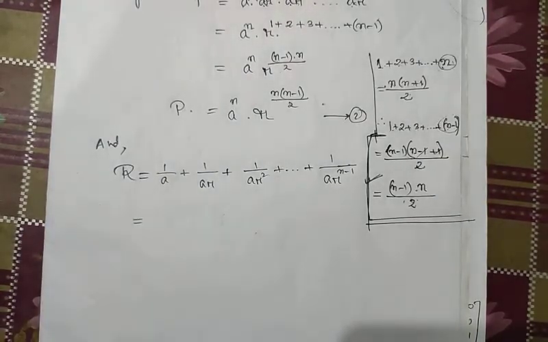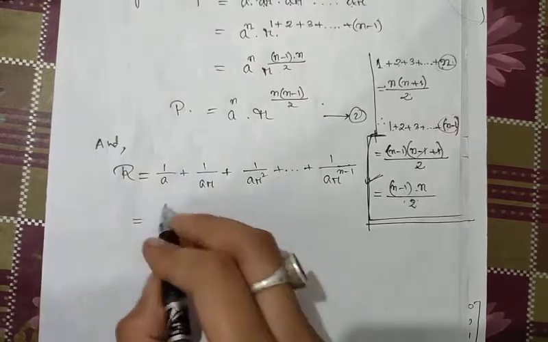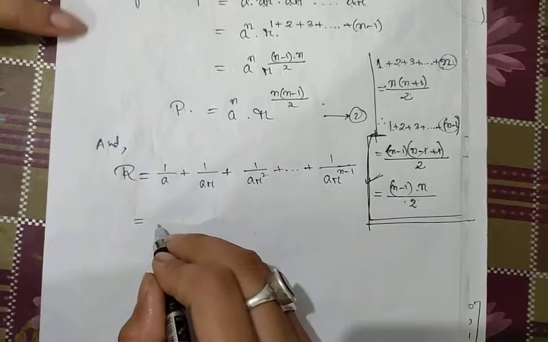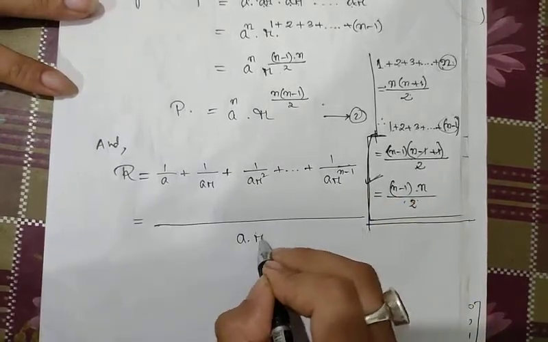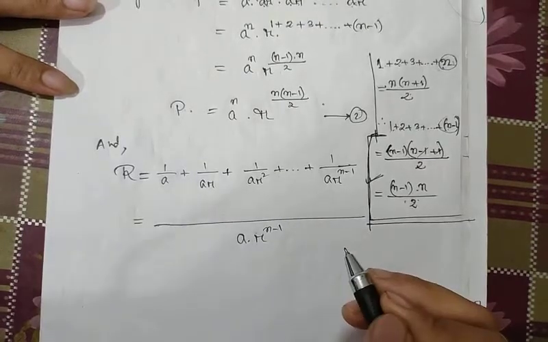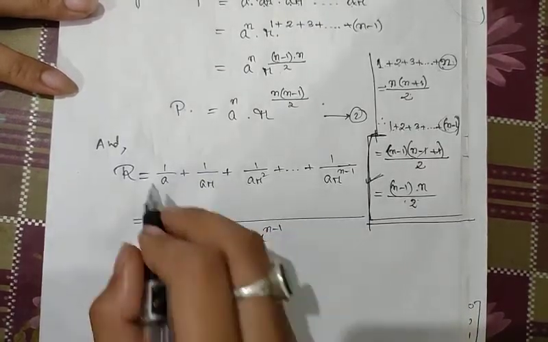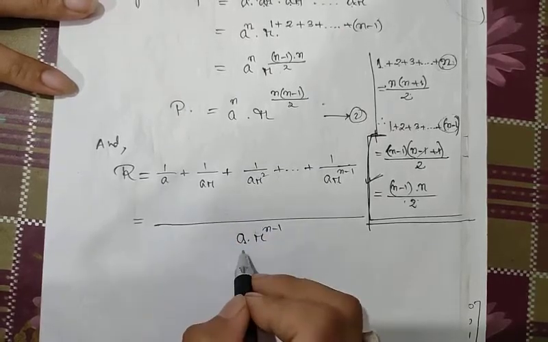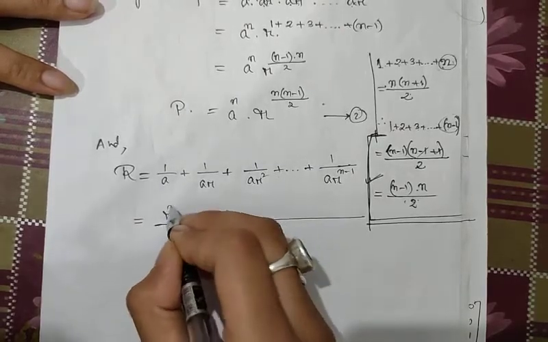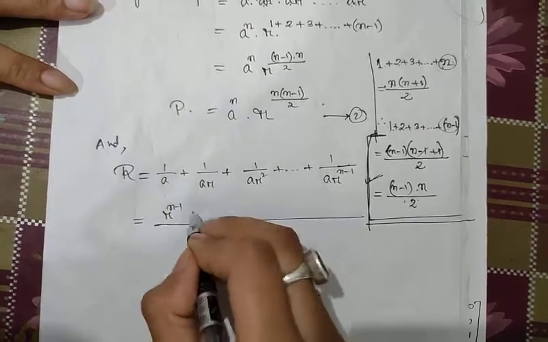You can take LCM. So what can we take as LCM? Taking LCM, take a into r to the power n minus 1. Taking this LCM, a will not be left, so we will be left with r to the power n minus 1 into 1 plus